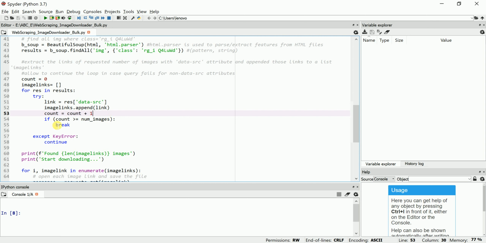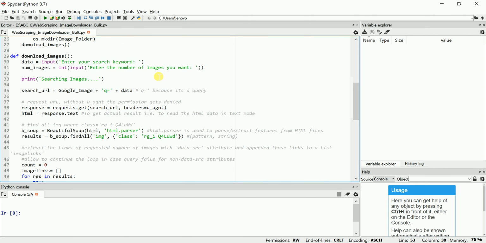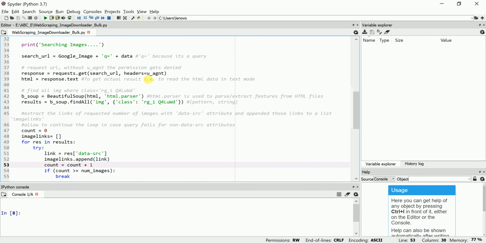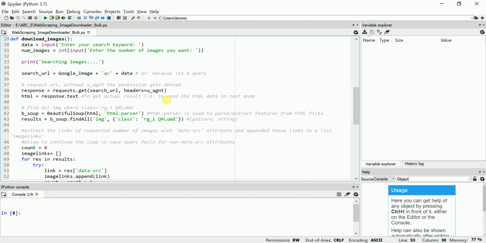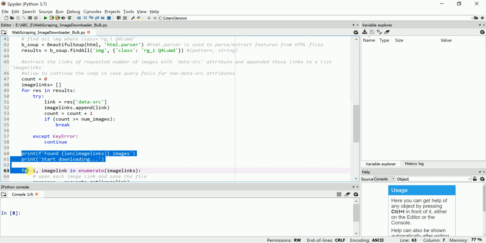Then, whatever number of images we have passed here, enter the number of images you want. If the count of images is equal to or greater than the number of images, then break the loop and it comes here.